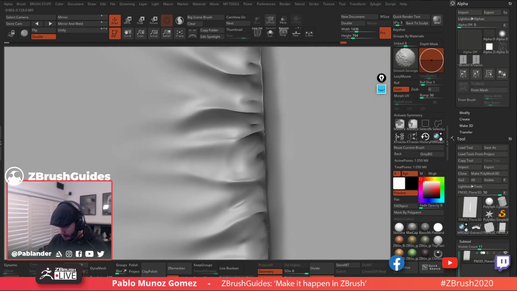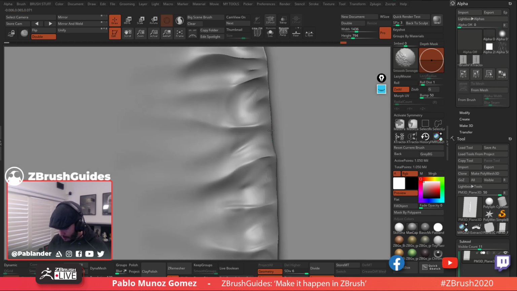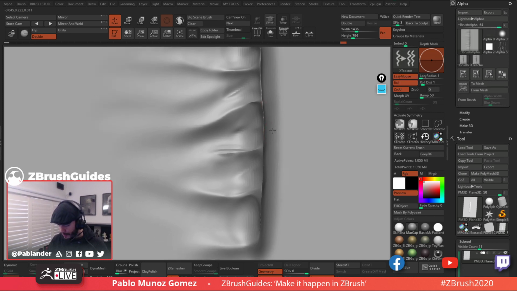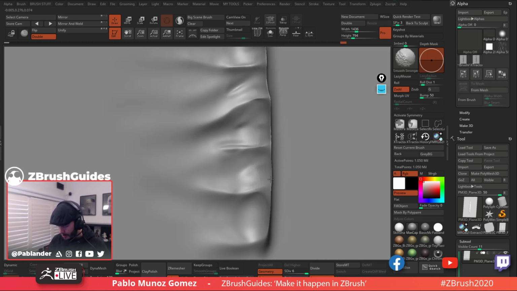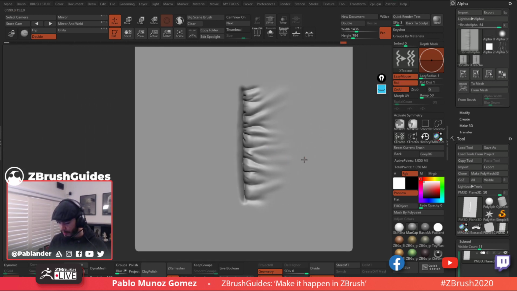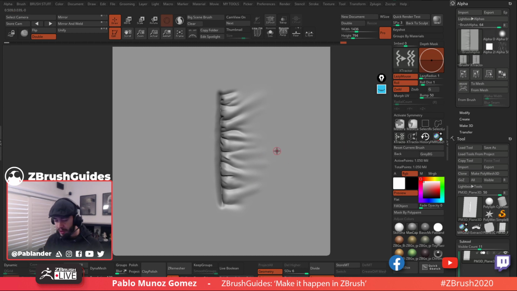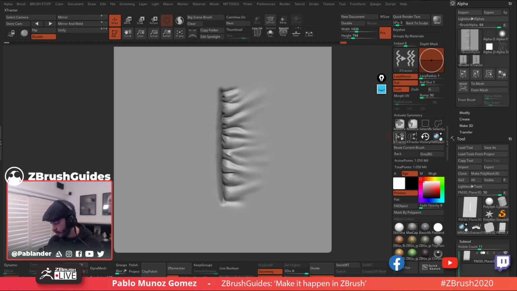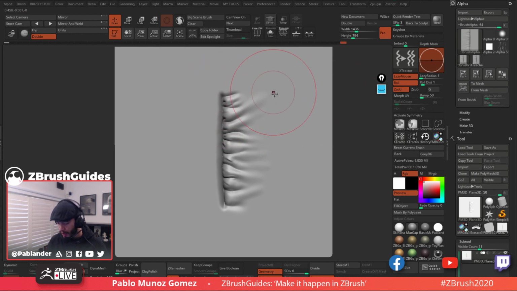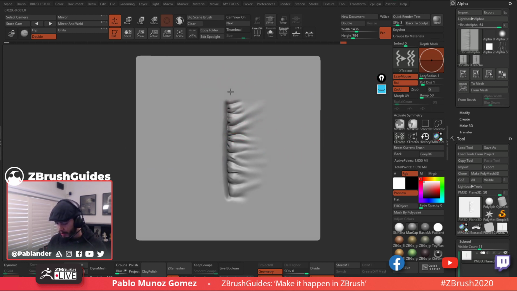Just gonna do a little bit more. And this issue came from the inflate effect that we did. All right, so not a lot of difference. So now we still have this point here that we saved. So all we have to do is go back to the Extractor Brush, set the brush size roughly the way that we had it, maybe a little bit more than that,